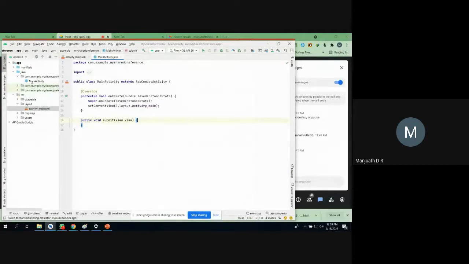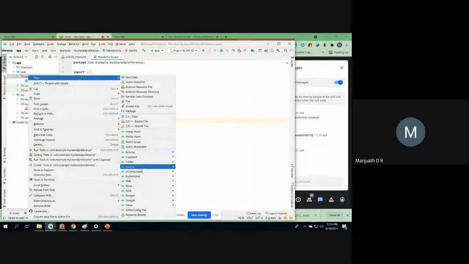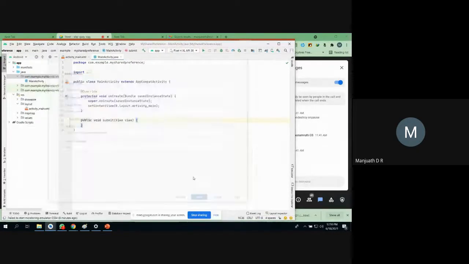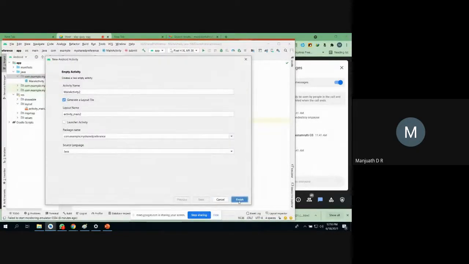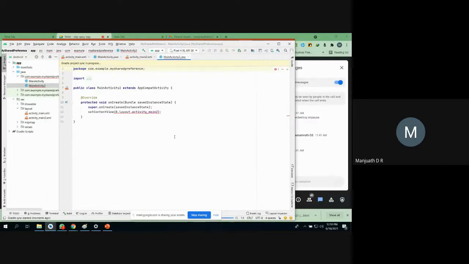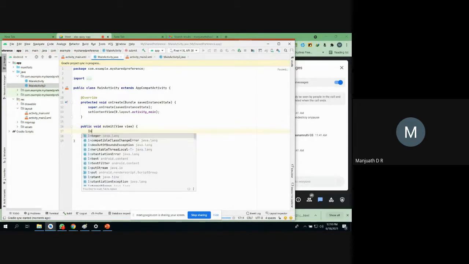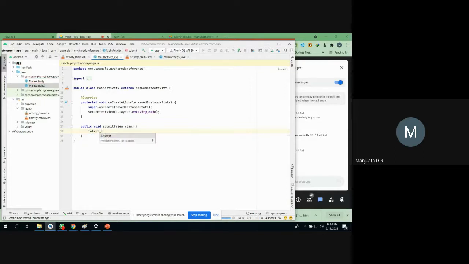For that case I'll create one more activity, simply an empty activity. I'll call it MainActivity2 only. So now I have two activities. Just go to this method. You know how to create the intents. Intent, call it hi equals new Intent.